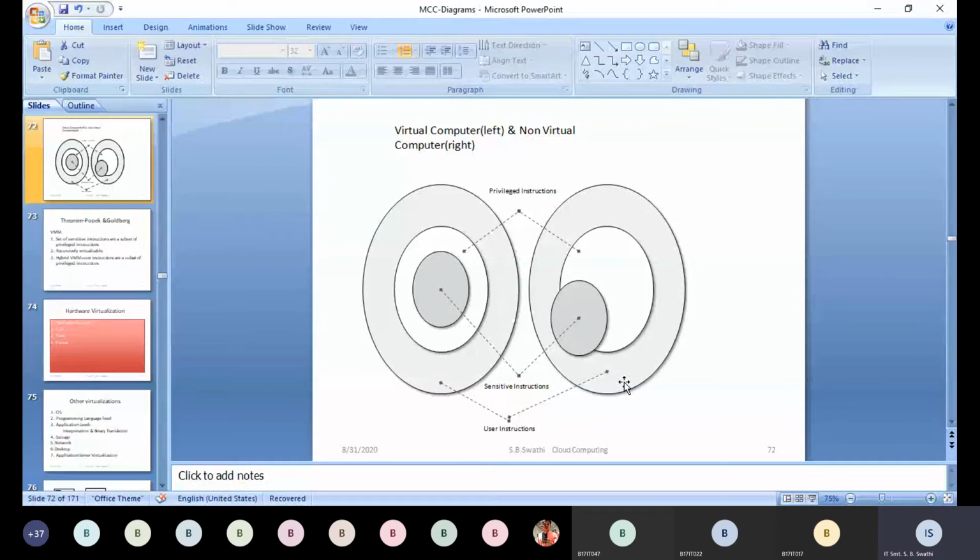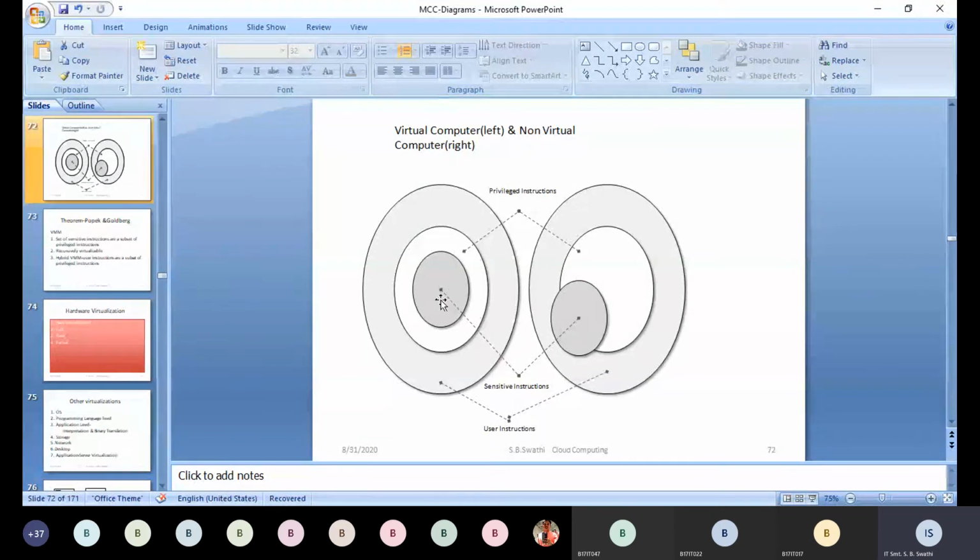Yes. So this is an example of virtualized computer and non-virtualized computer. So what is this virtualized computer? Where there are proper limitations created for VMM. Okay, you see here there are privileged instructions which have to be executed. These are the instructions which are to be executed at the OS level, or at the kernel level. And these are some sensitive instructions, some instructions which the VMM wants to execute by taking certain resources from the OS. With the permission of the OS, it wants to execute.